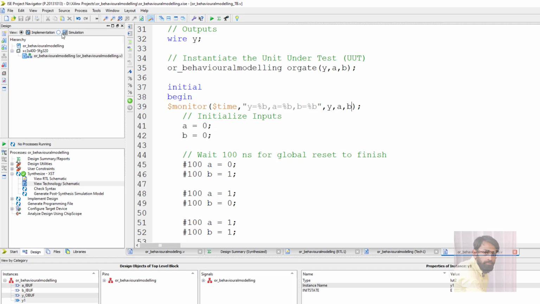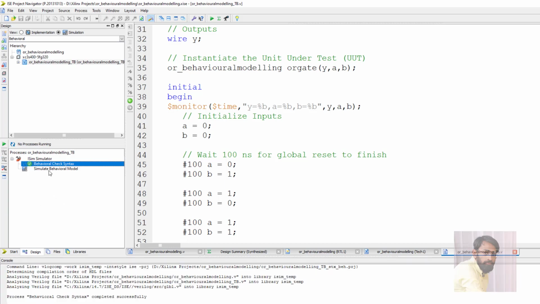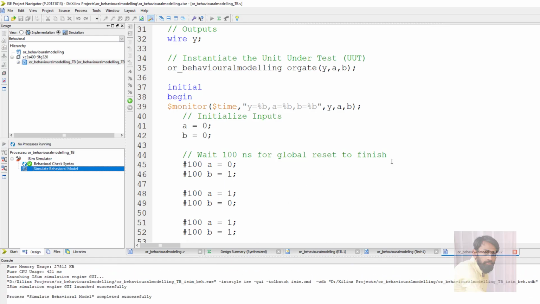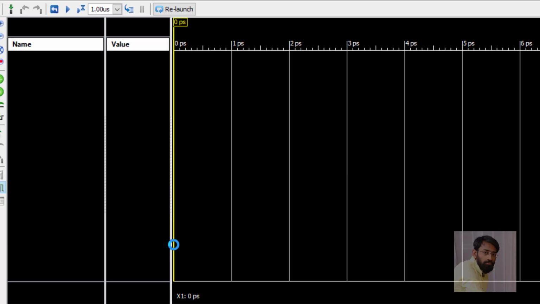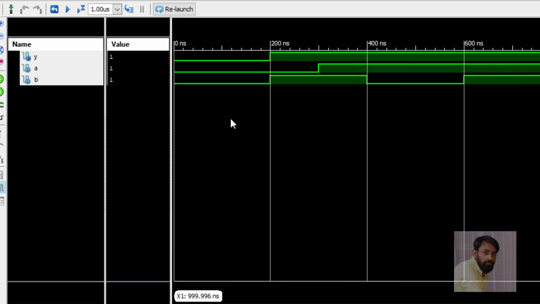In order to simulate, in the design window, click on simulation, choose your test bench, elaborate the iSim simulator, and double click on behavioral check syntax. No errors are there. Next, simulate behavioral model. Let us see whether this waveform is correct or wrong.